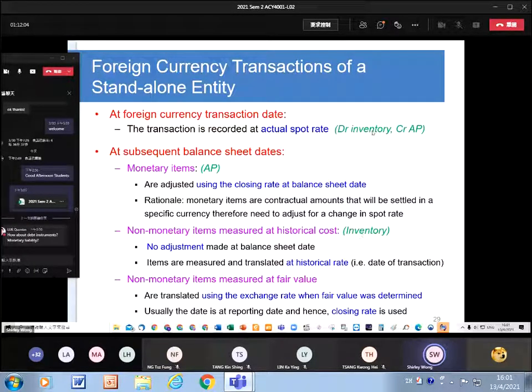item at historical cost 咧，即係 inventory 咧就唔使啦。如果佢係 non-monetary item 但係 measure at fair value 咧，因為 fair value 嘅 concept 咧就係 year-end day 會揾翻佢嘅 fair value。year-end day 揾翻佢嘅 fair value 咧，亦都要揾翻 year-end day 嘅 closing rate 去做翻嘅。咁所以咧，基本上咧，原來 monetary item 同埋 non-monetary item measure at fair value 咧喺 balance sheet day 咧都要 retranslate 一次。一個要 retranslate 嘅原因係因為佢係 monetary item，另一個要 retranslate 嘅原因係因為佢係 fair value。佢係 fair value，唔係因為佢係 monetary item，佢唔係 monetary item，但係因為佢係 stay at fair value。咁由於係 stay at fair value 咧，佢就要喺 year-end day